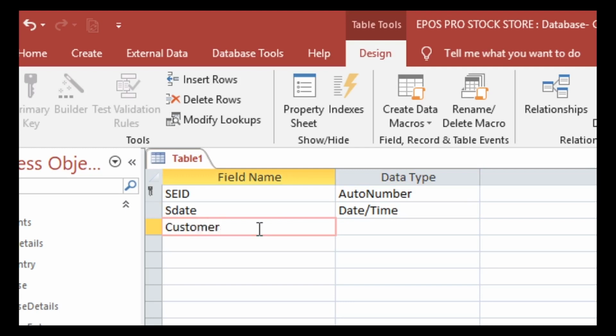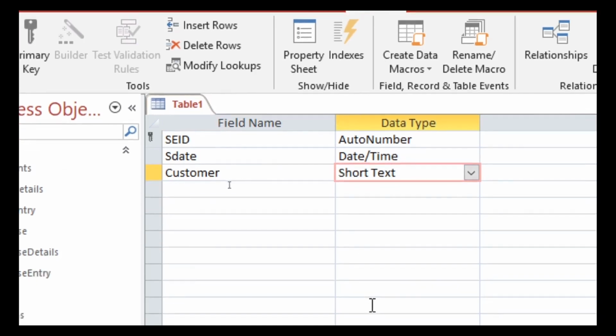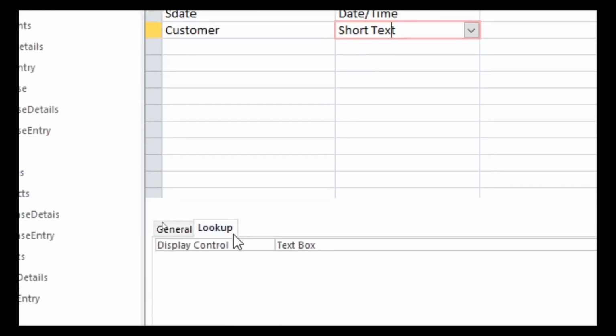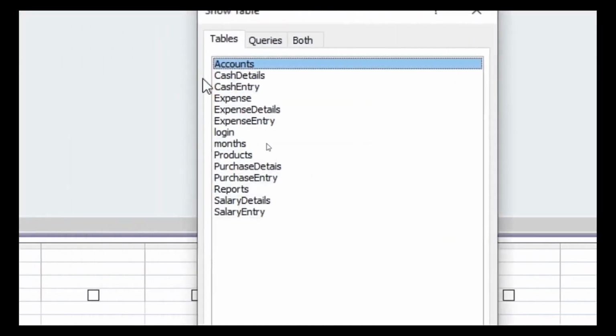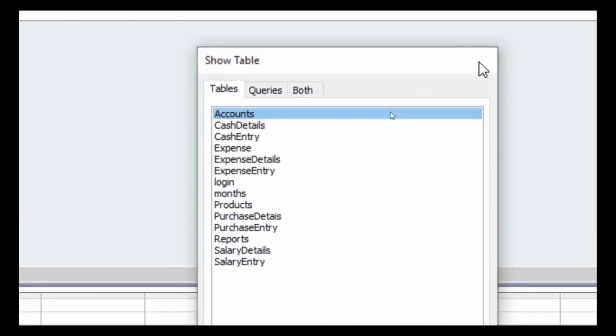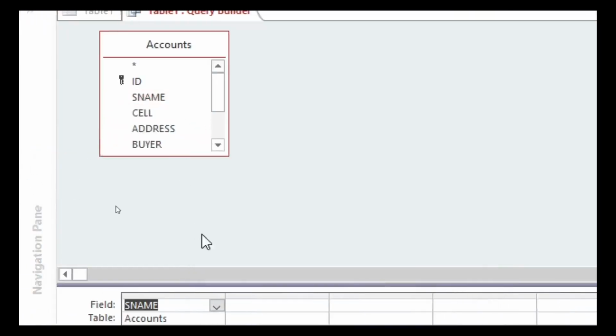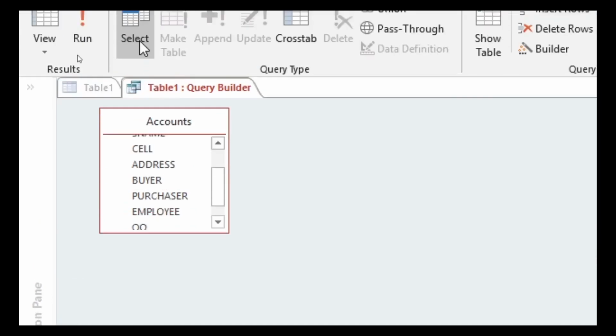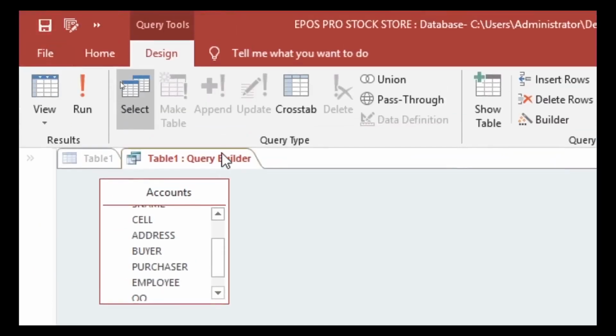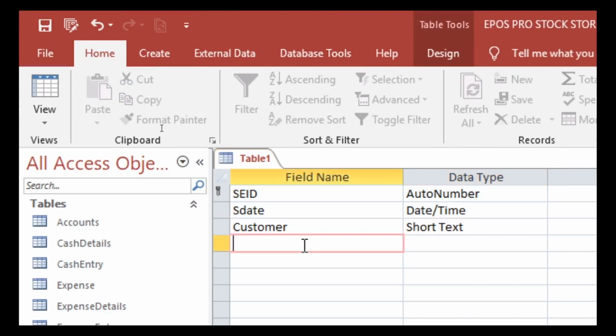We go and get the customer. Now the customer should be a buyer, and therefore we just go down here. We go to lookup combo, then we go to accounts, cross that one, go to this point, we get this person here, therefore the person should be a buyer, and therefore we go to criteria, and then we write buyer yes, buyer yes, save that one, cross, go ahead, have